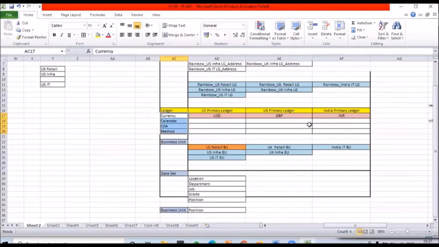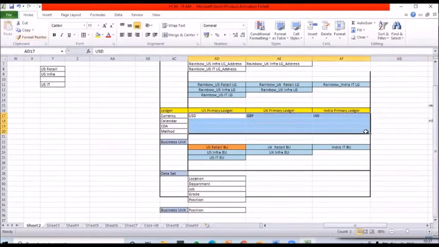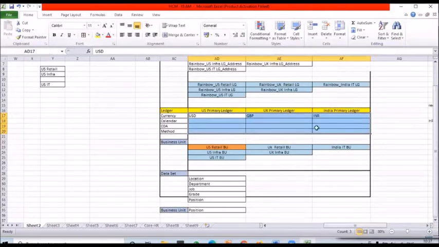Okay. Let me show you that. I have a mixed kind of experience. I have HCM side as well as financial side, and I have experience on the procurement side. The mixed experience I have in my career. If you understand, that's good for this concept. If you don't understand, you can ignore it. At least remember at a high level what is the importance. Okay. Let me move forward.